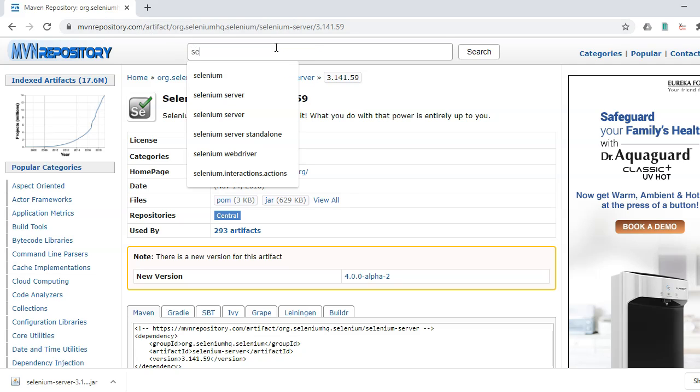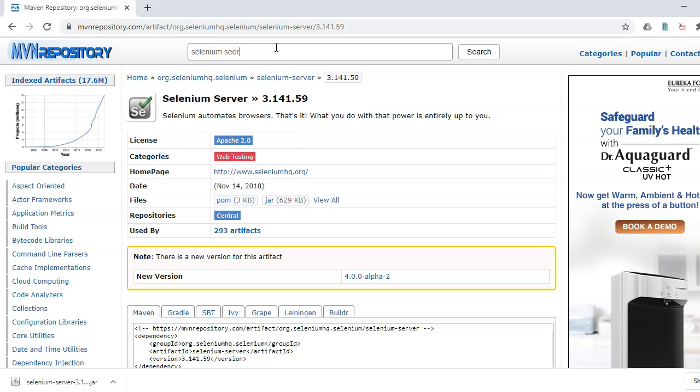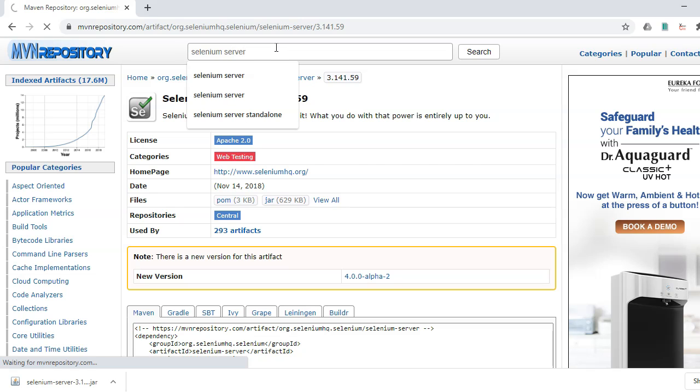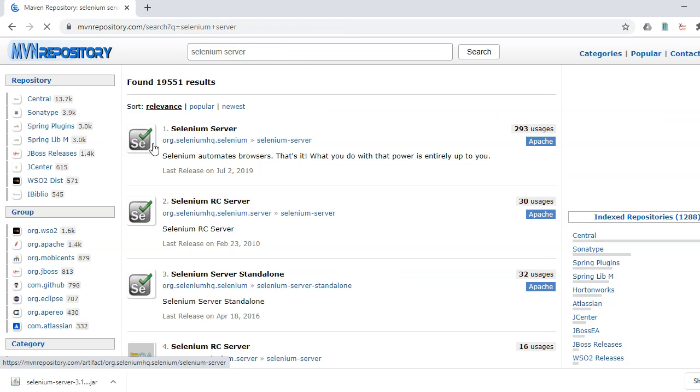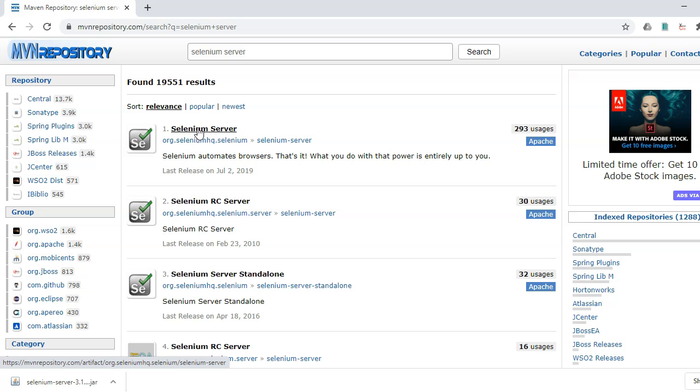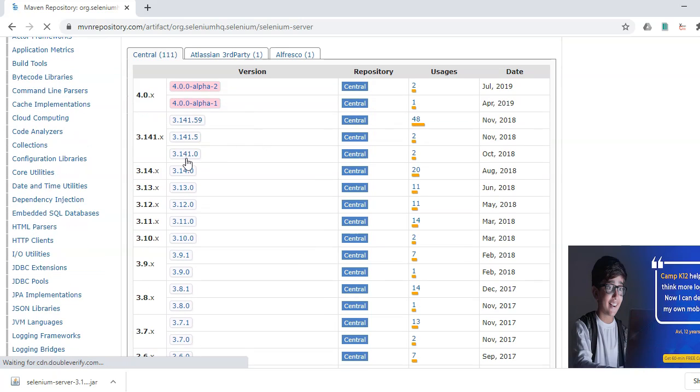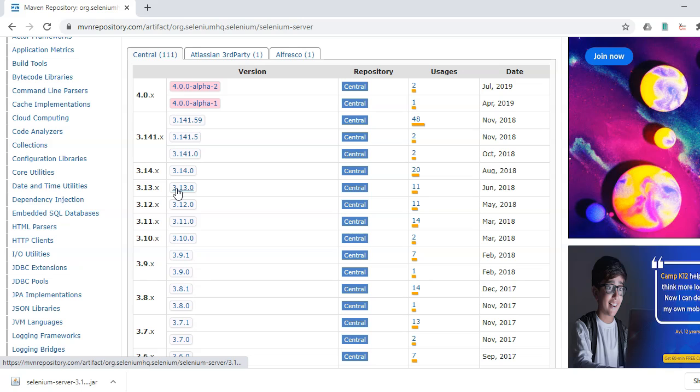mention here Selenium server. Okay, and just hit enter. So suppose if you want to use this jar, just click on it, and if you want to use this version of jar, suppose 3.13, just click on it.